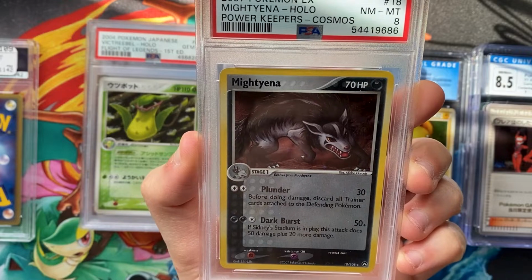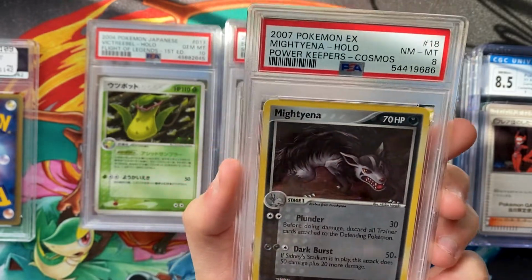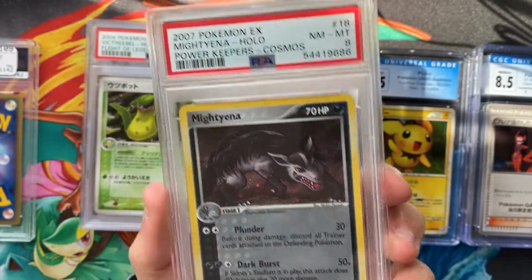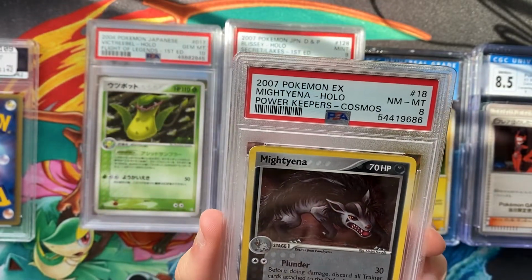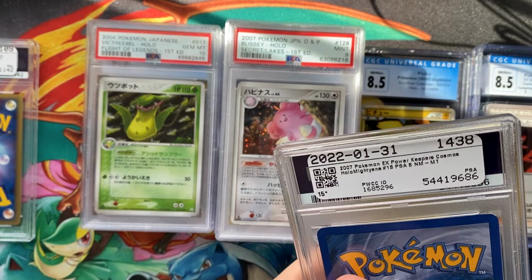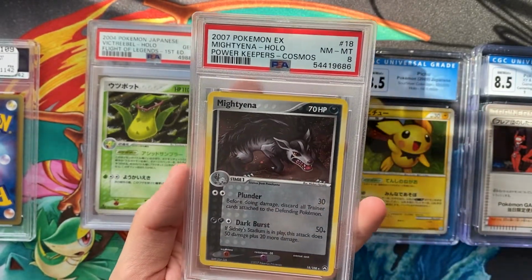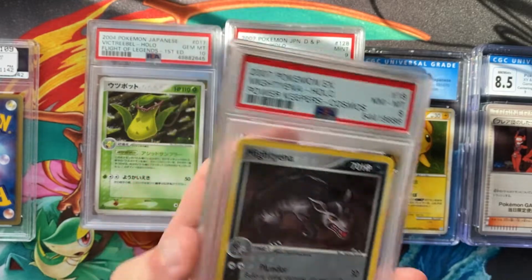Pokemon EX Mightyena Holo. I believe the Cosmos Holo version of this card is from a theme deck. This is not a great purchase. PSA 8 on this card. This is not exciting at all. I just thought it was...